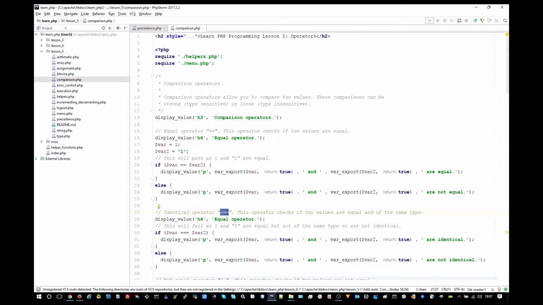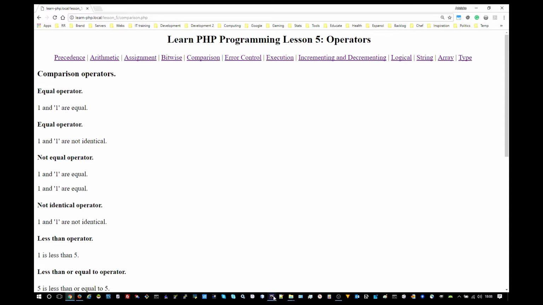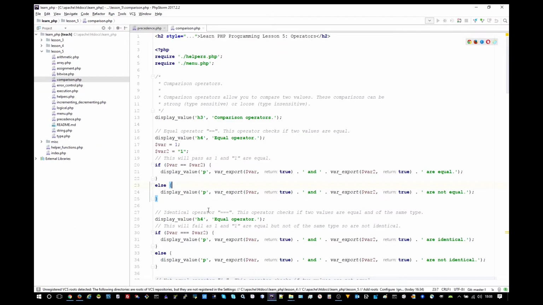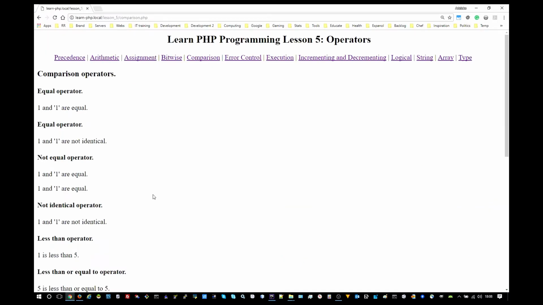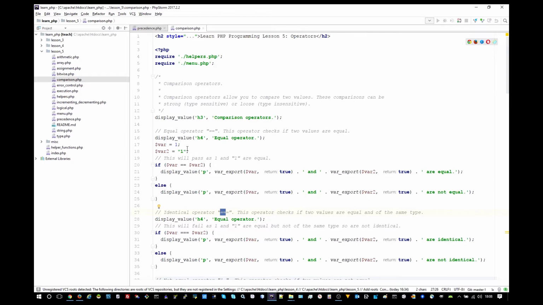And as I mentioned, by the name, you can probably tell what it does. If we compare the same values but using the identical operator, which is three equal signs, so this operator here, that will compare the value